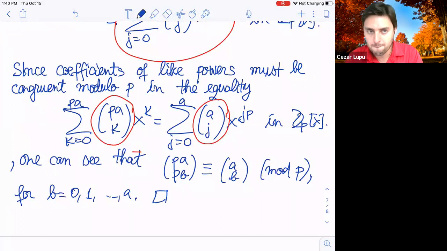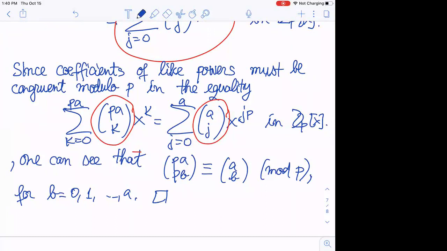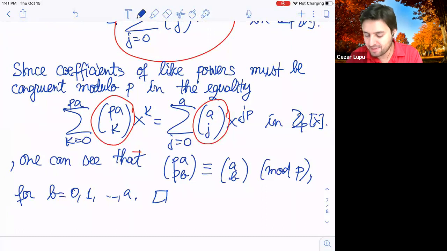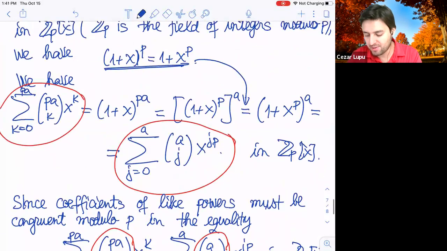Jack, is it clear? Yeah. Was it tricky or? No. Not that tricky, right? If you know